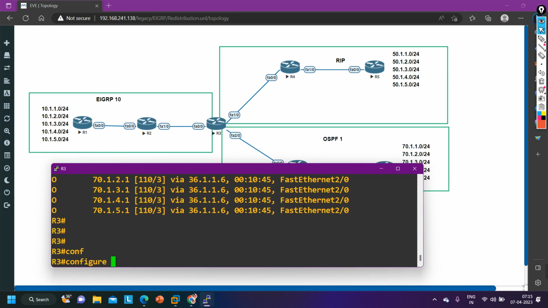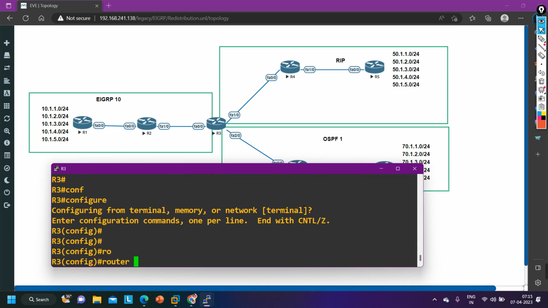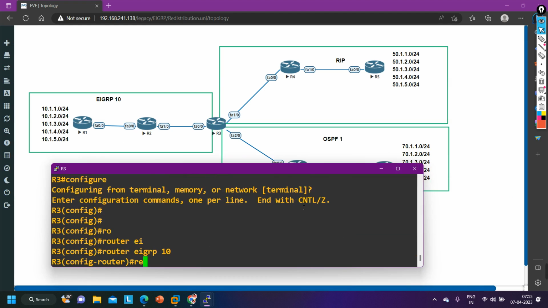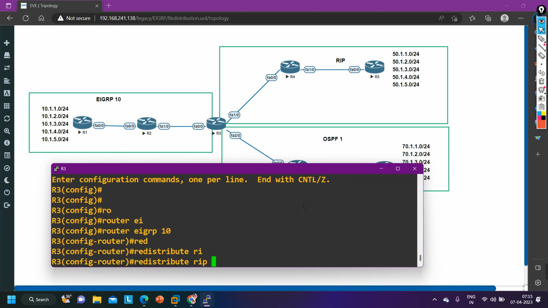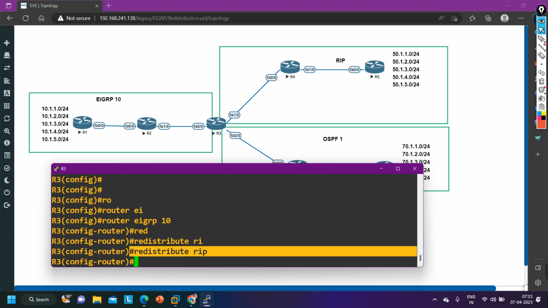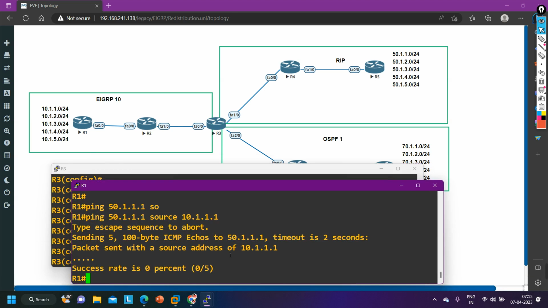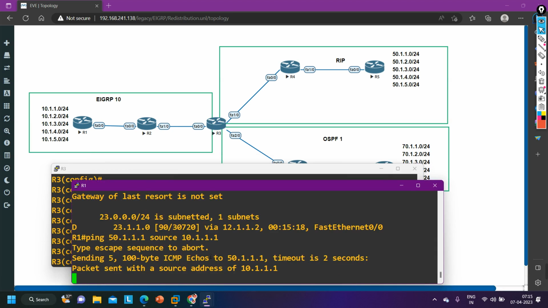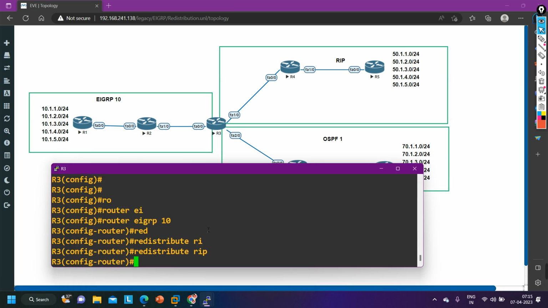So now first of all I am going to redistribute RIP prefixes into EIGRP. So how will you do it? Router EIGRP, I am running AS number 10 over here. So 10, and redistribute RIP. Guys, if you hit enter over here, let me hit enter. I have entered redistribute RIP. So router 1 will now receive RIP prefixes. Yes or no? See, still the router is not able to ping